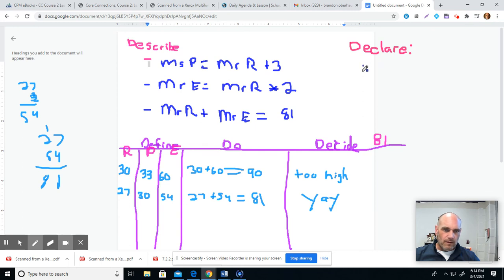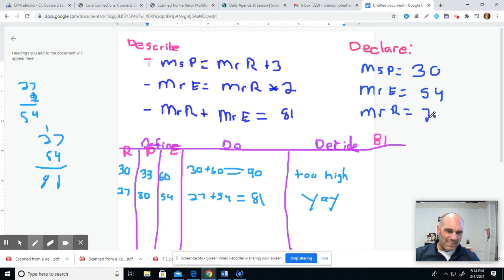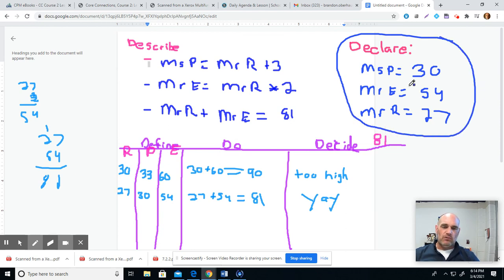So let's see. I know that Miss Pacheco, we know that she is 30 years old. Mr. Edwards, and hopefully you're writing out Edwards. I'm doing it just to save you having to look at my sloppiness. We know that Mr. Edwards is 54. And last but not least, Mr. Richards is 27. So remember, this declare statement has to be done because this is answering the question of what all